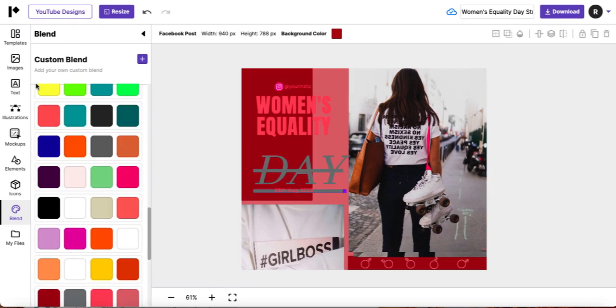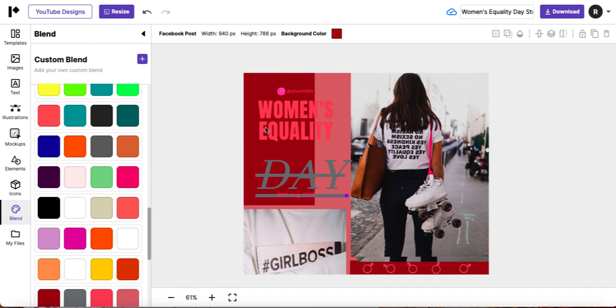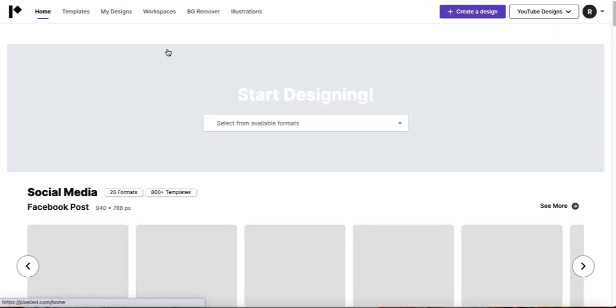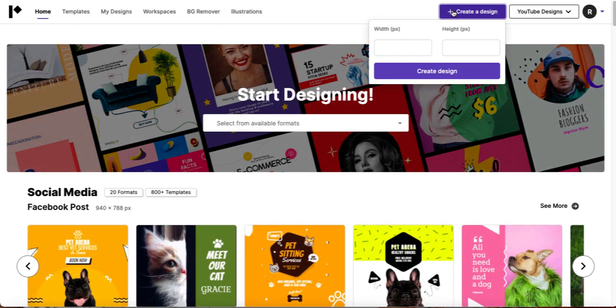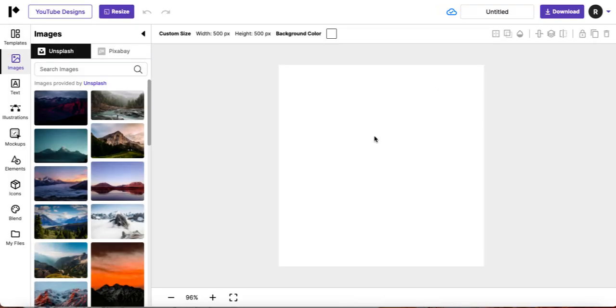Now to show you some of these other features on the left hand side here, I want to go back, and I'm going to start off with a blank canvas because it's easier than trying to make this look slightly messy. So I'm just going to go back, and if you come up here and just press design, I can start off with a blank canvas. I'm just going to put 500 by 500 pixels. I'll create my design,